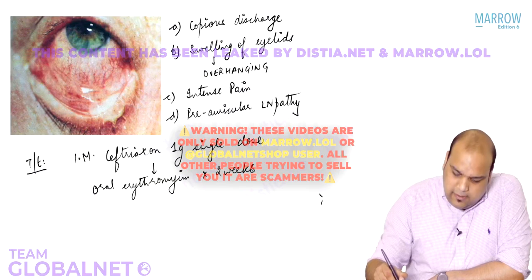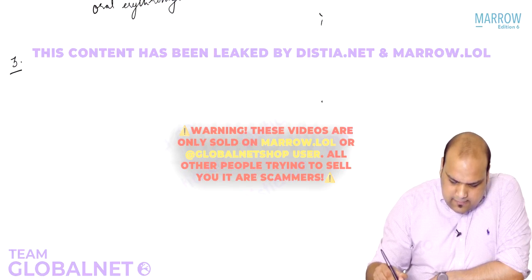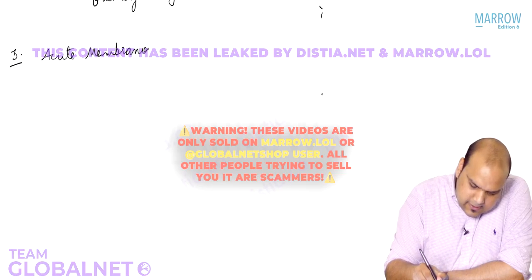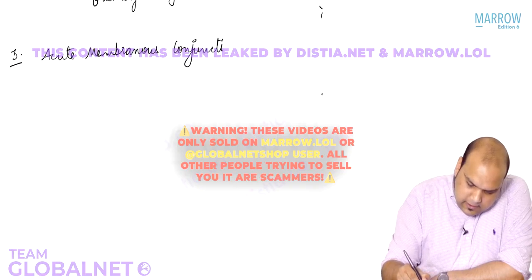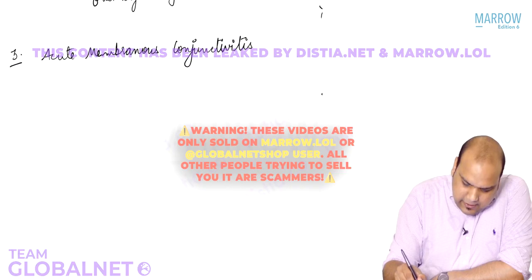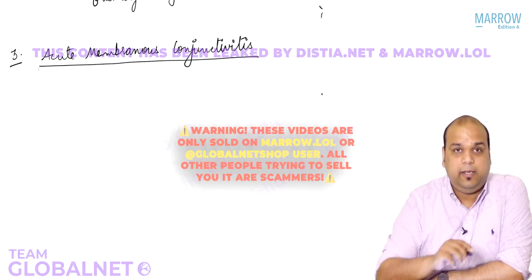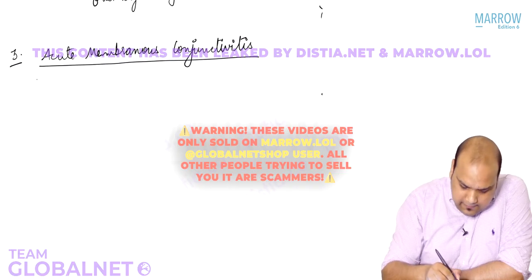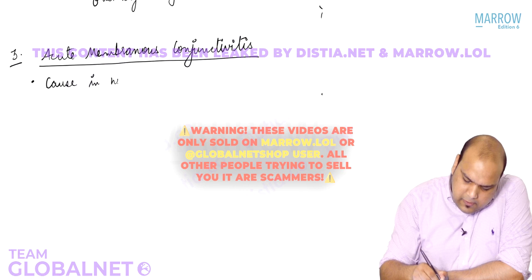Done? Simple. Then the third type of bacterial conjunctivitis is named acute membranous conjunctivitis. From the name, it is clear that some kind of a membrane is forming. Okay? But before we see the membrane, let's see the cause, everybody. So, the cause in non-immunized children